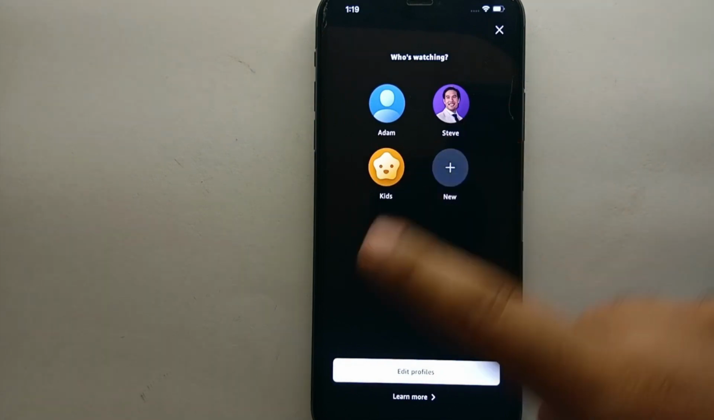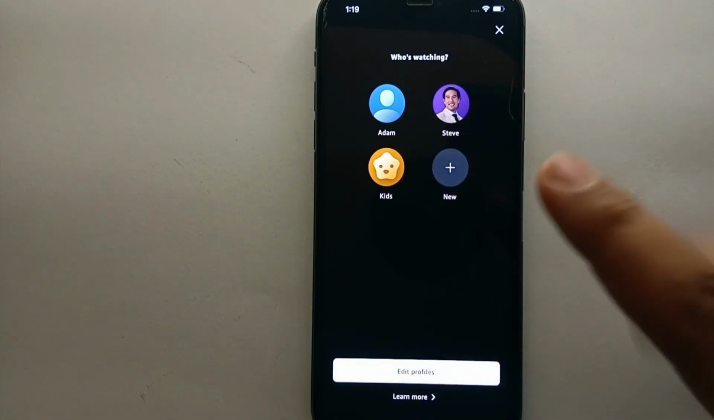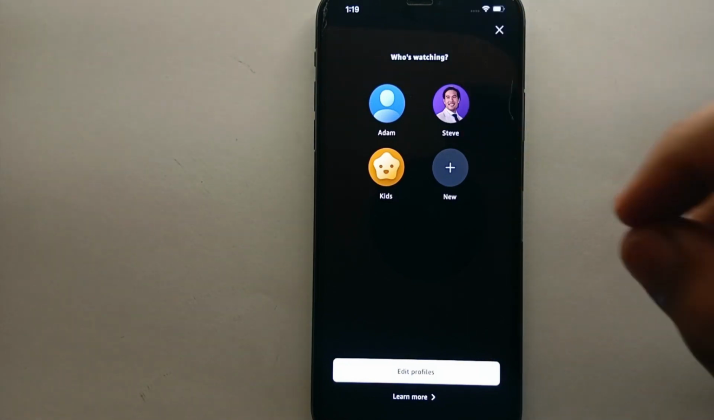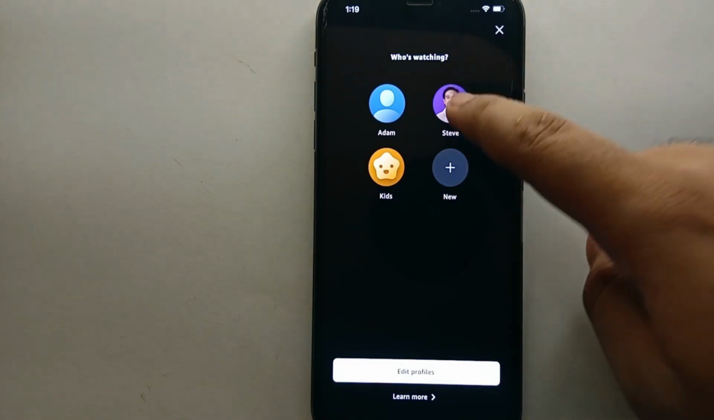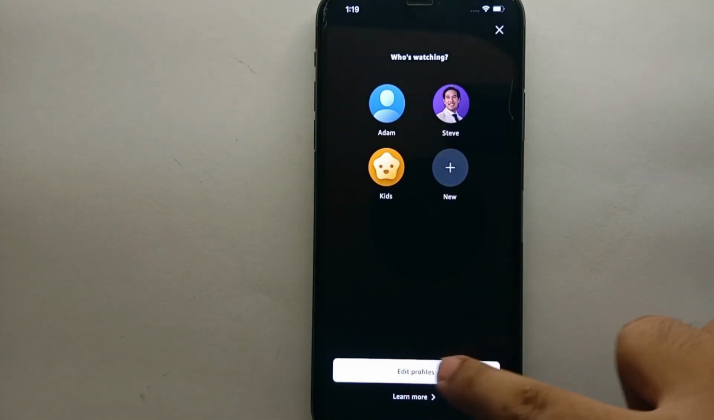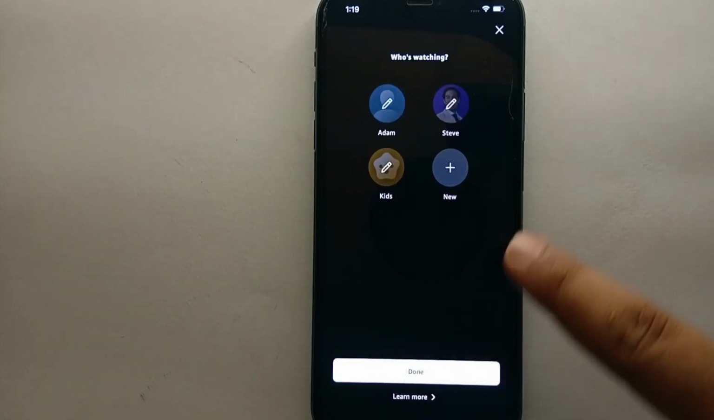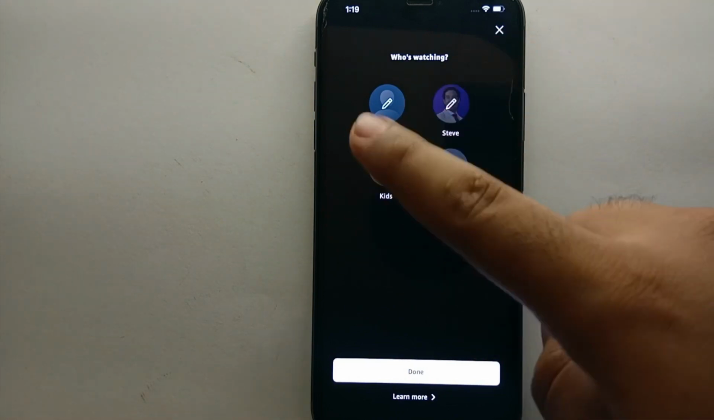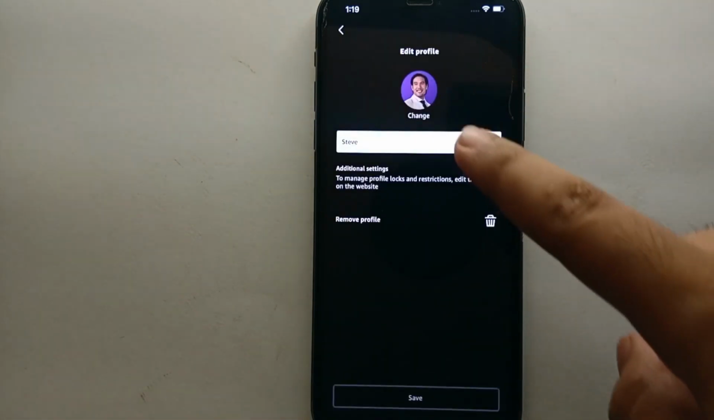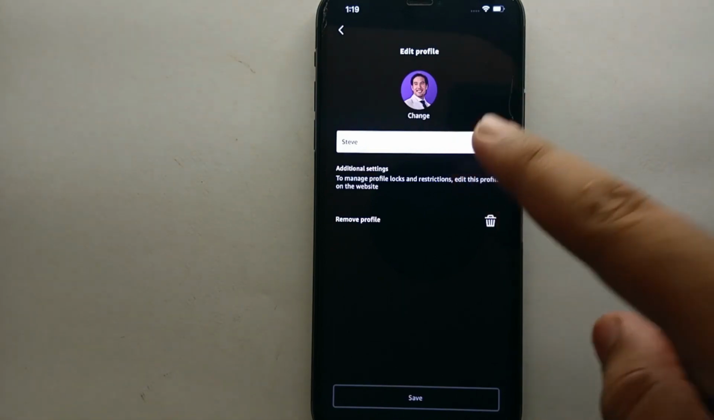Once you tap on it, you will see this interface. Right now we have all the profiles. So let's say you want to change the name of this profile, Steve. If you want to do that, first you have to click on edit profile, this option. Once you click on it, you will see a pencil icon on every profile. So if I click onto this pencil icon, it will take me here, and now I can edit this profile,